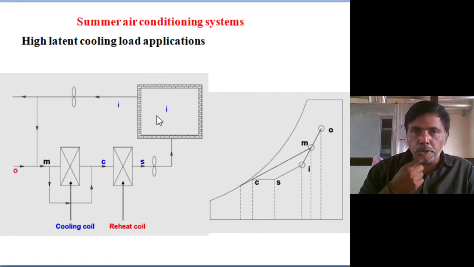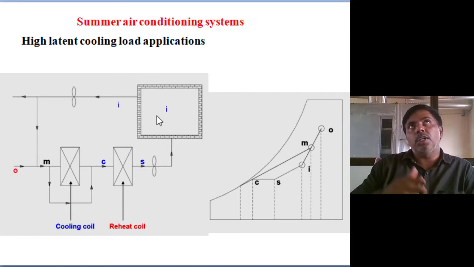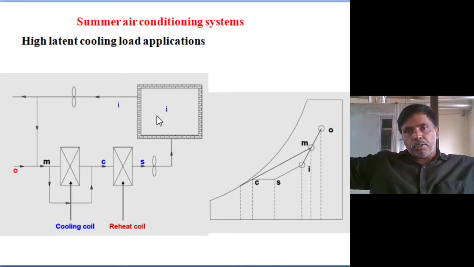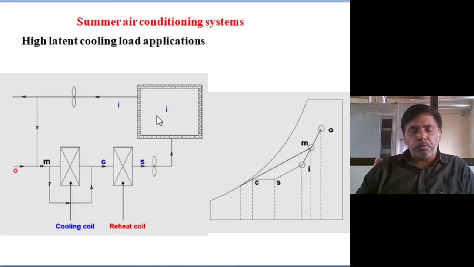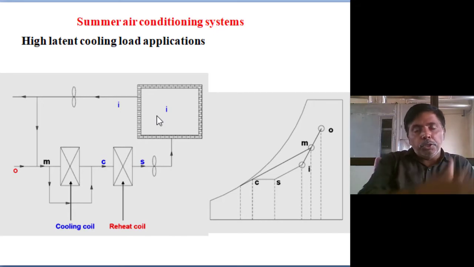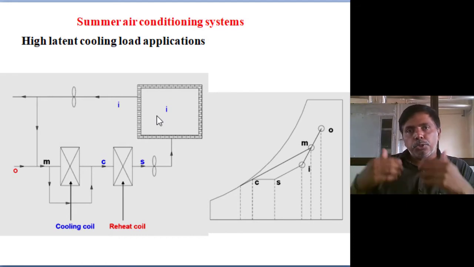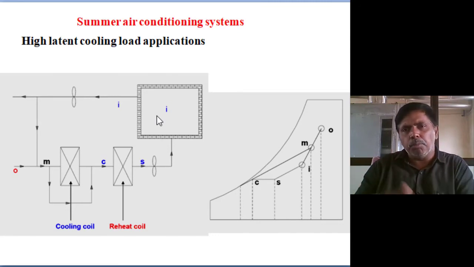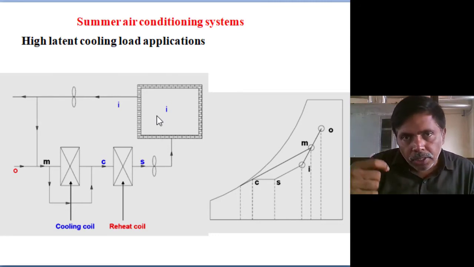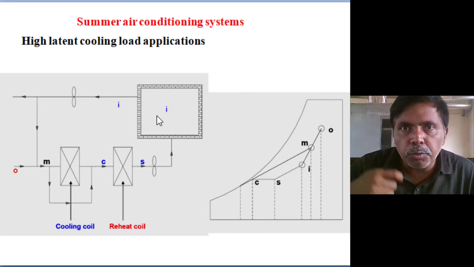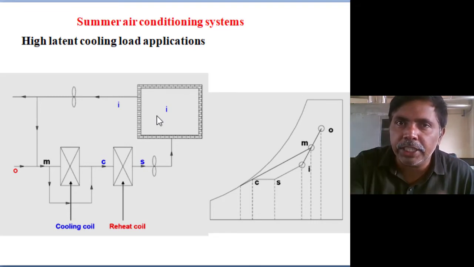So while you are recirculating the room, they maintain one recirculating chamber, one room, maybe 12 by 12 according to law. There they are maintaining windows. If I want to substitute some 10% of air, I will open one window. If I want to substitute 20% of the air, I will open two windows. That is their thumb rule. Means every time we want to add some percentage of fresh air.